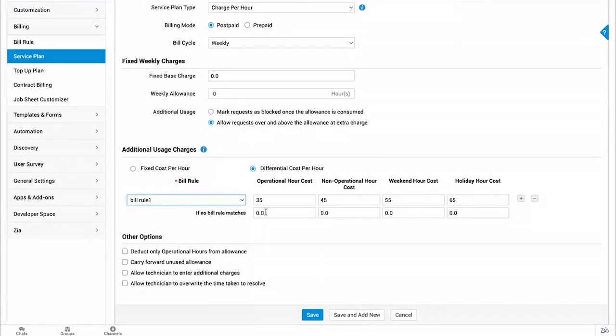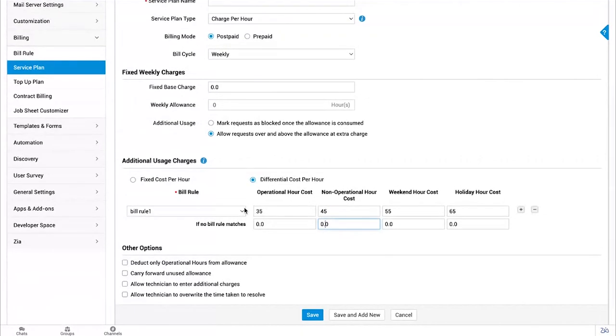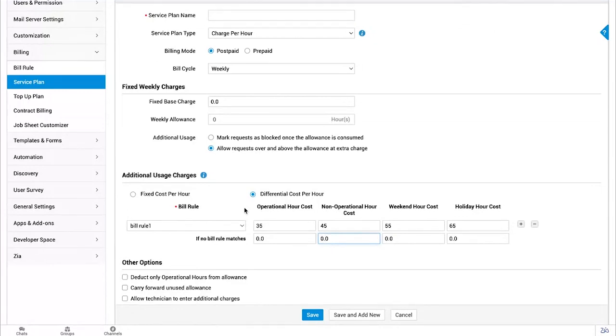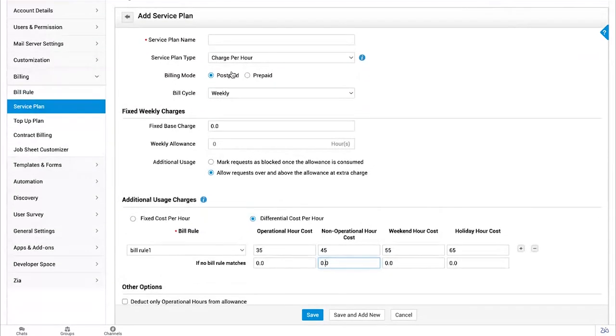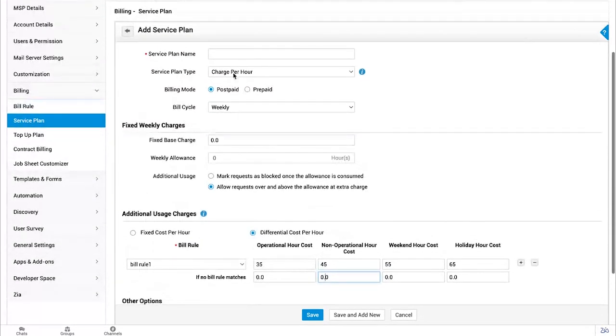Now say a request comes in and the bill rule that you have selected over here does not match with that request. So what happens in that case? In that case, you also have an option to edit the cost manually over here, so that no request goes unbilled, right? So that way you'll be able to ensure all the services that you're providing to your client are billed properly, right? Now this is about the postpaid side of the billing, but what happens in the prepaid scenario,